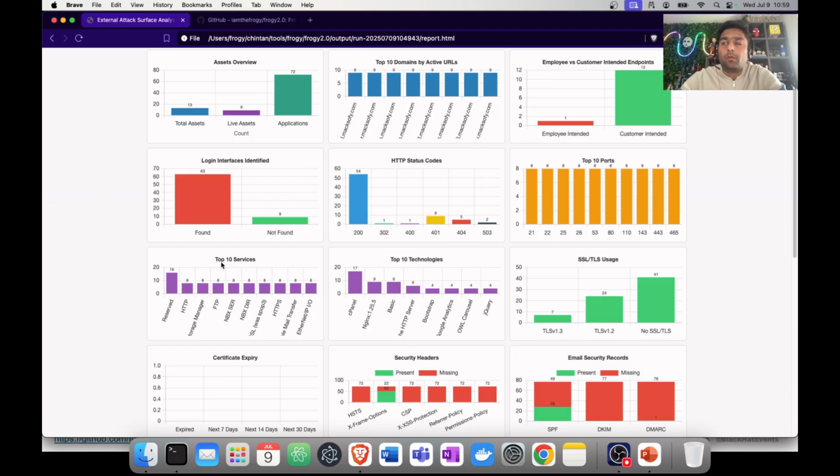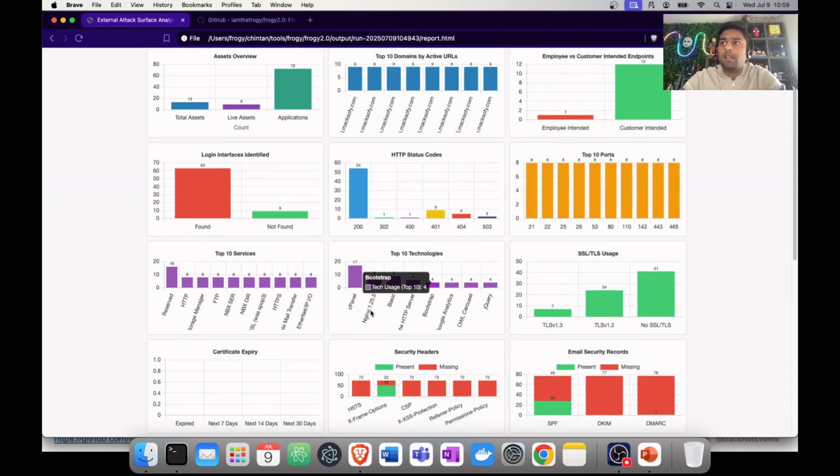How many of top 10 services? So HTTP and then FTP and all. I'm not actually identifying the service banner, but based on the open ports, I have already pre-configured in my tool that if 22 is open, just name it as SSH. If 21 is open, then name it as FTP. These are the top 10 technologies: cPanel, Nginx, Basic, Lightweight HTTP server, Bootstrap and all. So you can identify how many technologies are there, and you can quickly identify if there are any obsolete or